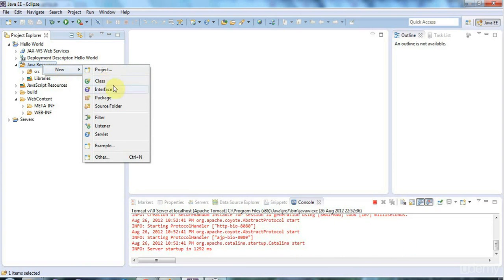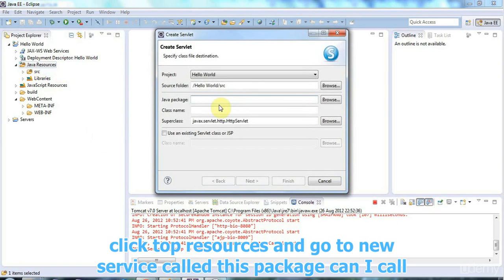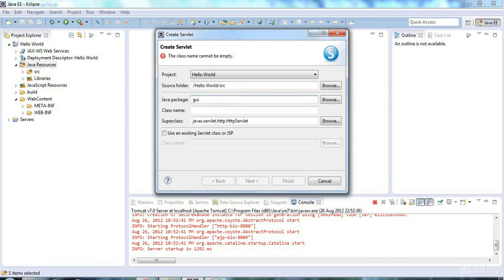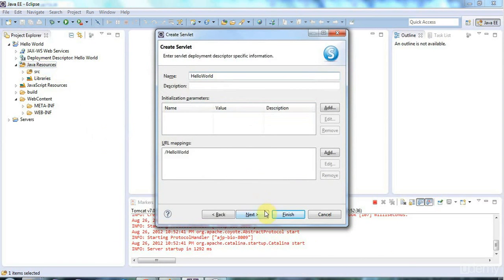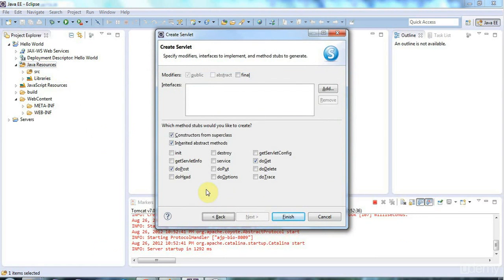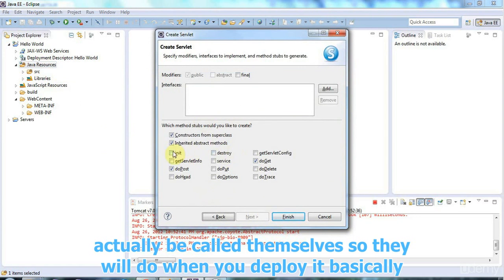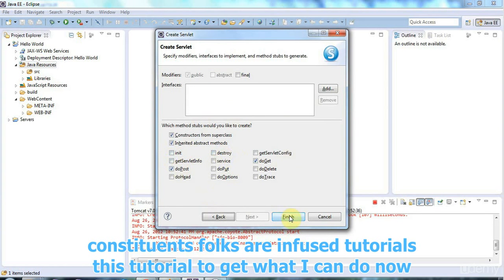So let's right click Java Resources and go to New Servlet here, and I'll put it in a package called GUI, and I'll call it Hello World, and click next, and this all looks fine. And I'm going to give this a doGet and a doPost method, and you can also specify init and destroy, and init will be called when the servlet starts up, which it will do when you deploy it basically, and destroy will be called hopefully when it shuts down, but I'm just going to stick with the defaults for the moment. I'm going to click finish,